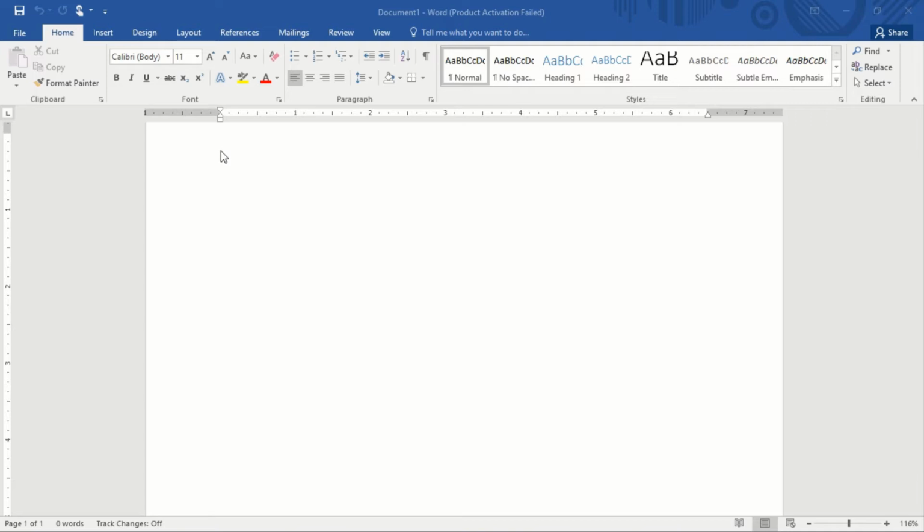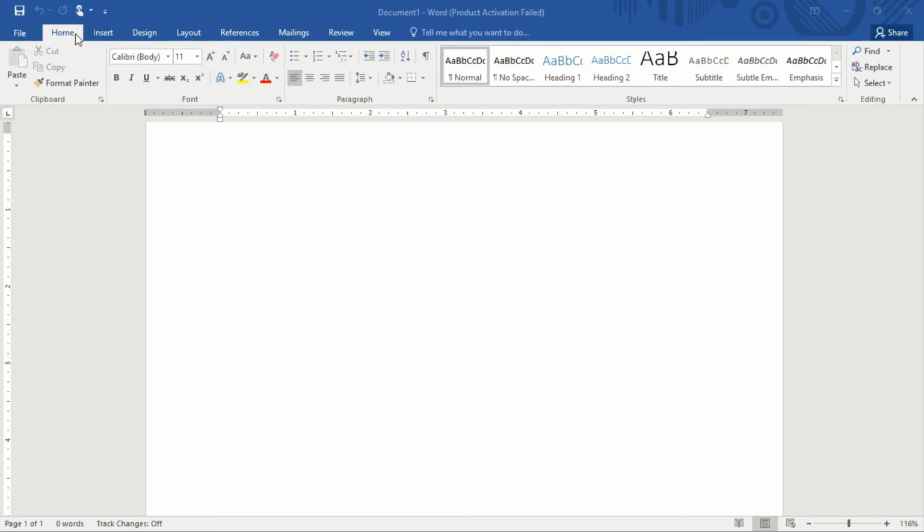Font means whatever you write in your document, the style and size you apply to it is called font. Then next we have ribbon tabs. Each ribbon tab provides a set of tools related to an overall task you are likely to perform in a specific document. So this might be clear. This strip is the ribbon, and these are the groups, clipboard and font, and these are the ribbon tabs.